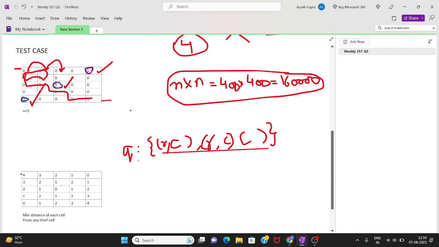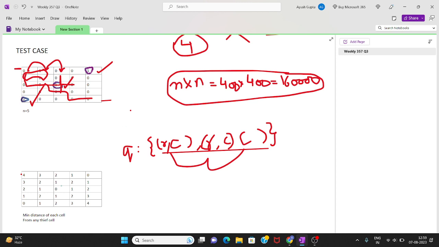Now we will keep popping off all these values and moving, and we have 4 choices. Suppose we start from here, we can go from here up, down, right or left. We have these 4 choices.